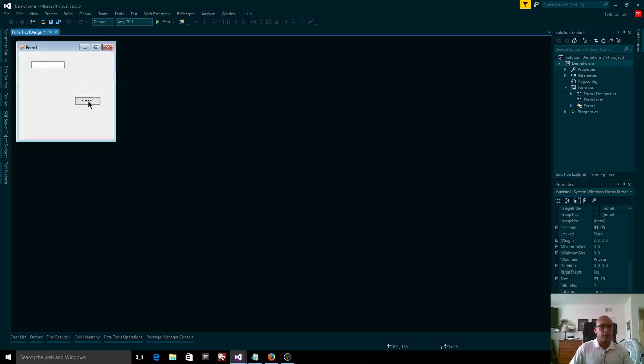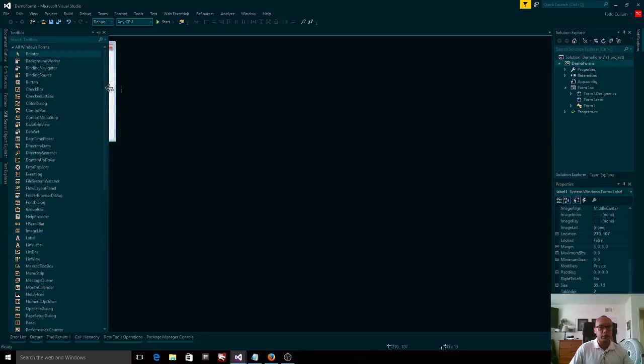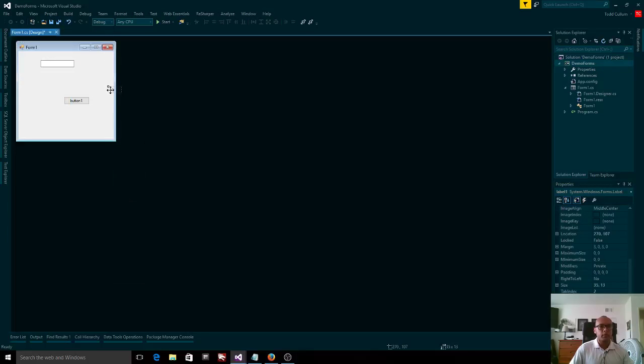So now I have a button here, and I have a text box. And then I'm going to do one more thing. I'm going to actually create a label right here. I'm going to pull that out. And that's just literally like just a text entry. So a lot of times you'll see labels near a text box. For example, if you go into this label here, you can change the text, and you could say